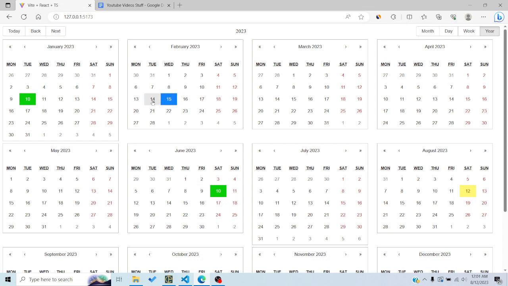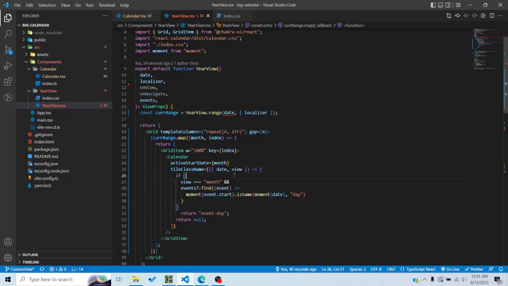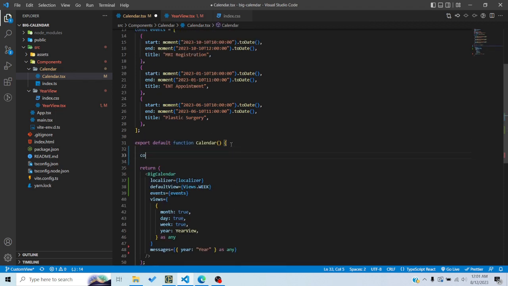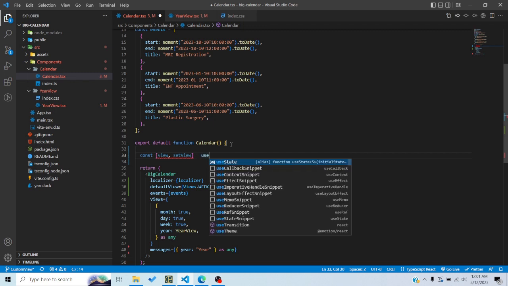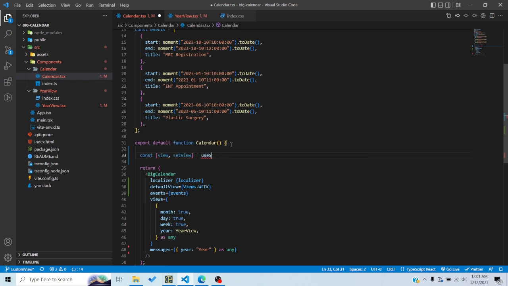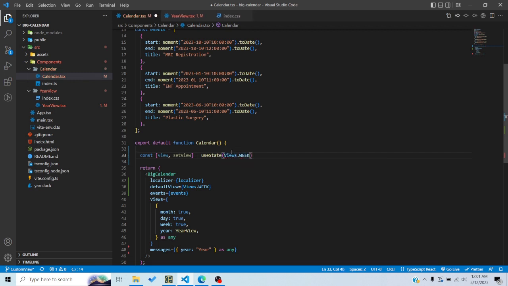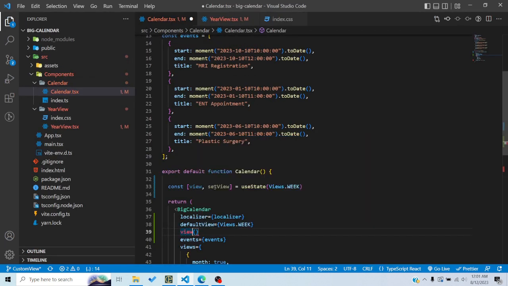I would want that whenever I click on any tile, I should be taken to that particular day in the day view, because obviously why would you want a year view if you cannot move between views? So we can do that as well, but for that we'll have to apply some state here. So I would say const view, set view is equal to use state, and then by default let's say it should be views dot week. And then I would say view is equal to view,